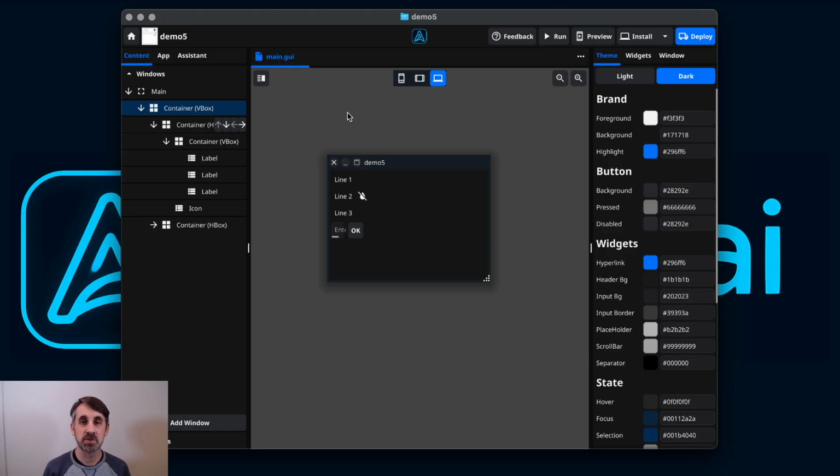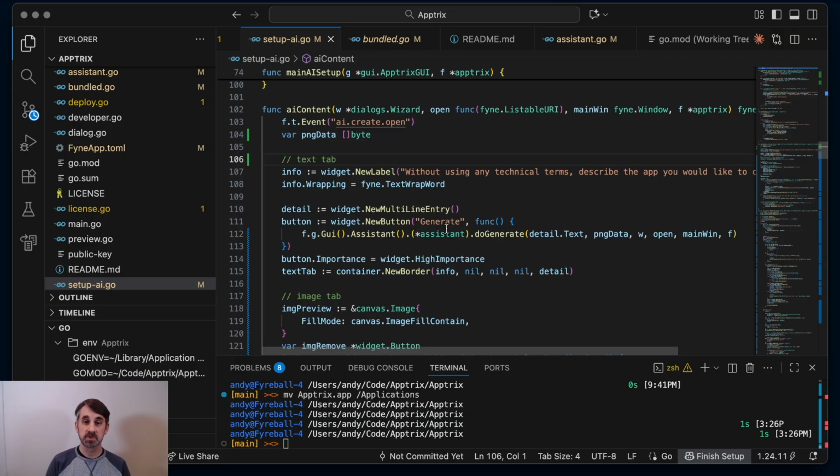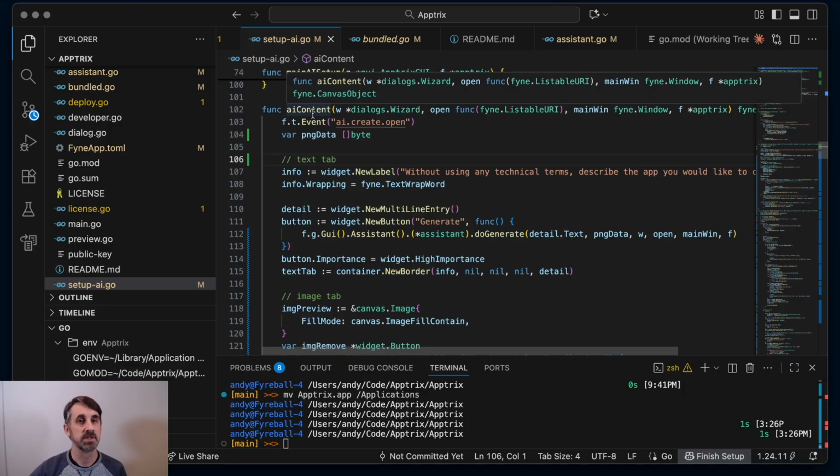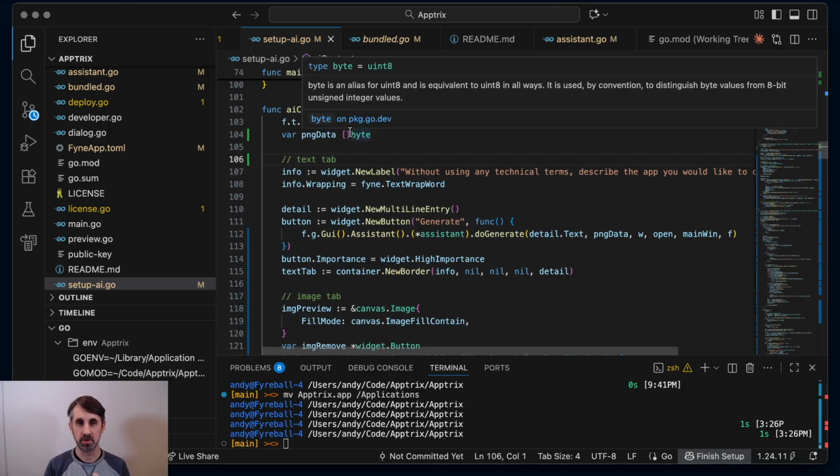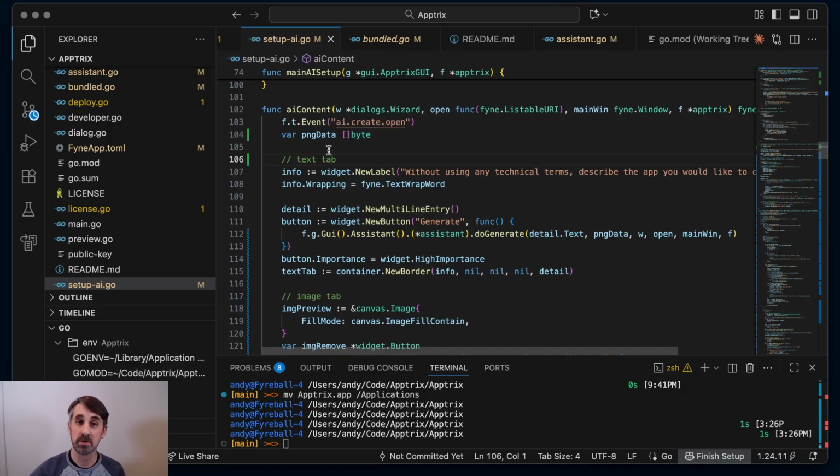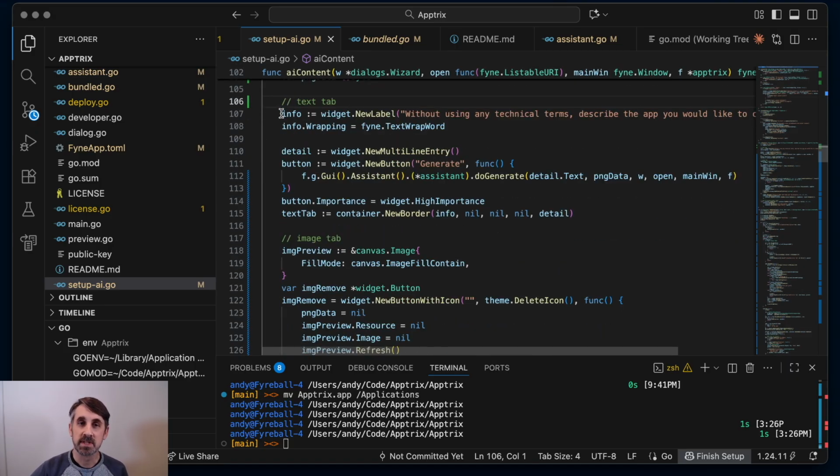And I thought just to show you how this was added, I'll load a little bit of the source code, not the assistant, but the user interface, and show you how this came together. So just switching to Visual Studio Code here, you can see the AI content function, and that's where the user interface for the input was loaded before. And where previously it was just the text tab, this info label, and a multi-line entry with a generate button,